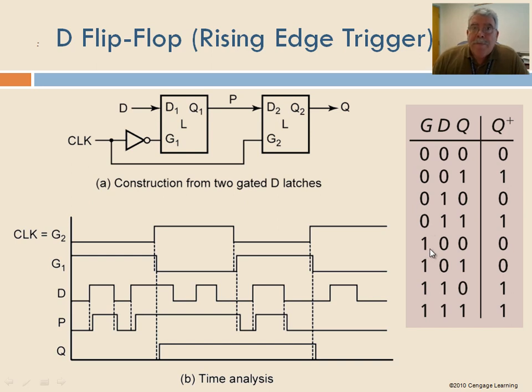On the contrary, when G equals 1, every change in D will be transferred to the output. So we have these two gates, one holding while the other follows the input. And when the clock changes, it simply reverses,